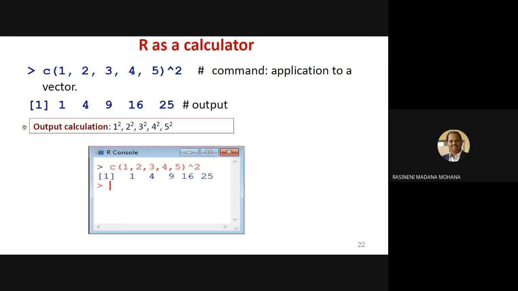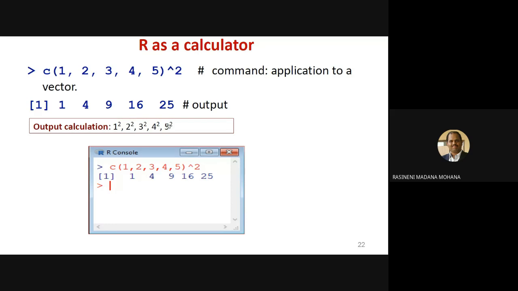Now if you want to perform a particular operation on multiple values, till now we were taking only single values as operands, then an operator. With multiple values, if you want to compute any arithmetic operation, by using the command c of, you can take a vector. Suppose here c of 1, 2, 3, 4, 5, a vector consisting of 5 values. For all these 5 values, it may be addition, subtraction, multiplication, exponent, etc. So you can use c of the vector values, then whatever the operation, suppose here power 2.